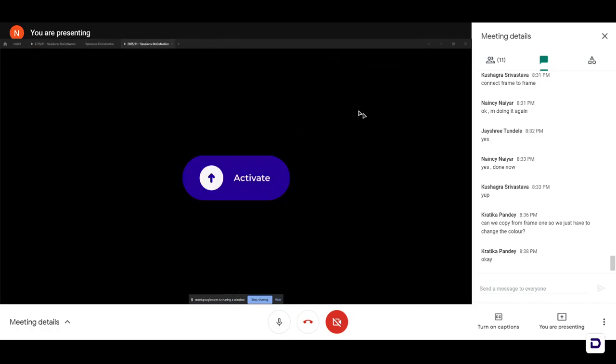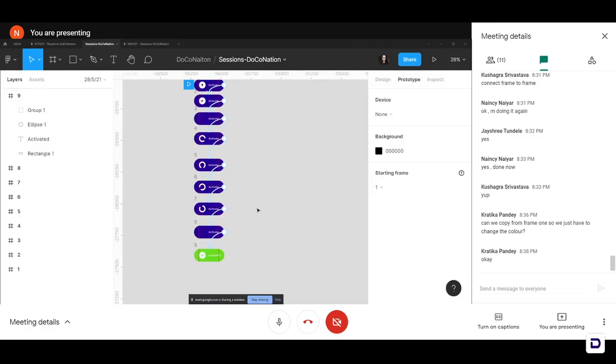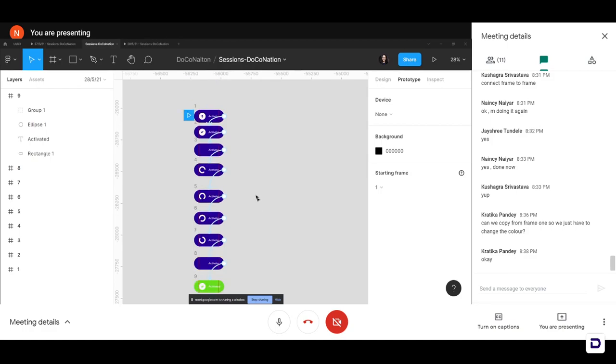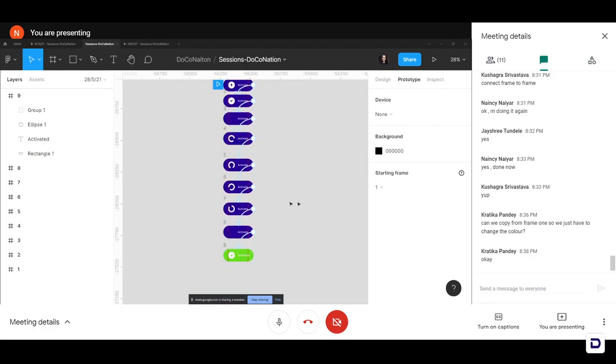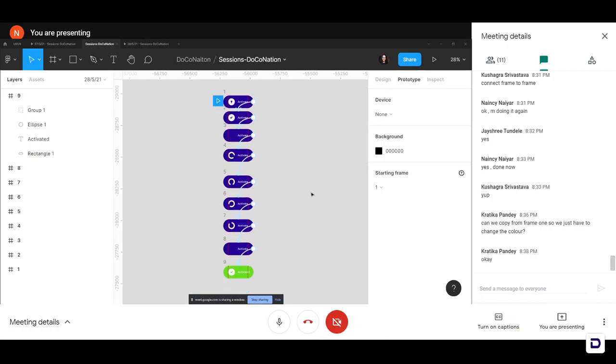Okay, so this is the initial frame. When we hover over it, it changes into a tick mark. When I click over it, the loader animation appears, and then I can see my little final activated button. So this is it, guys. That is it for today. We've completed our entire submit button or activate button animation. Pretty simple, pretty easy, pretty straightforward, all done using Figma and Smart Animate.